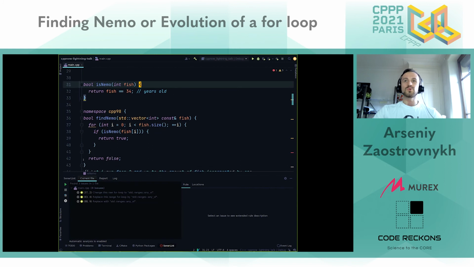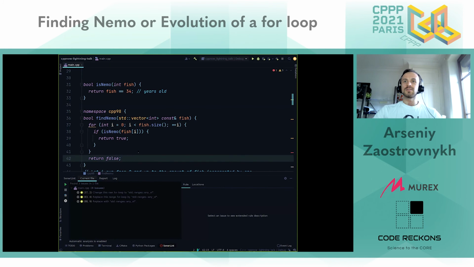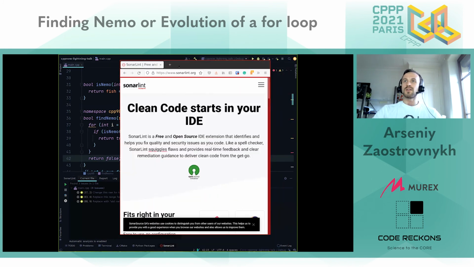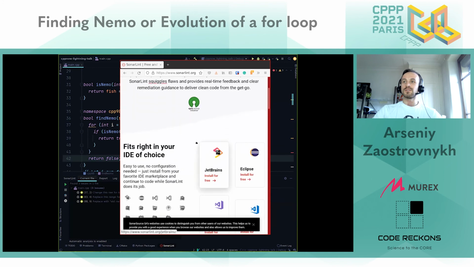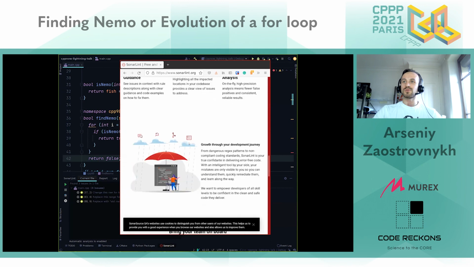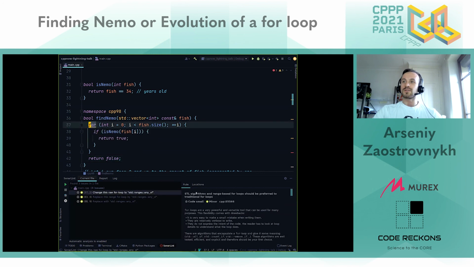And you need to rewrite this kind of loops into something simpler. And luckily, you have tools, particularly other than Zoom. You have the SonarLint tool that has your back here. So I encourage you to check it out. For example, here it suggests exactly that, rewriting the loop with the ranges library.